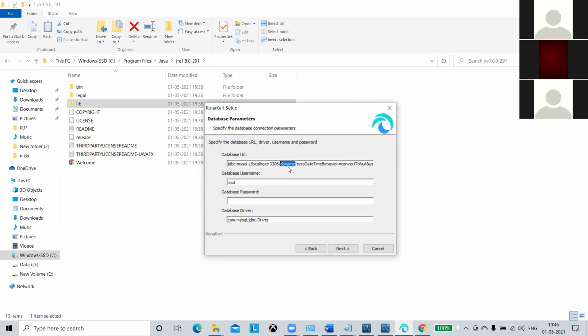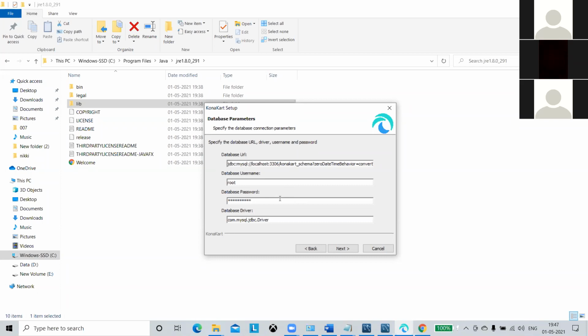And give your Konakat schema. You created one schema in Workbench, right? You have to mention that schema here. Konakat underscore, I think we gave underscore. And mention the database password in the third field. Enter the database password.